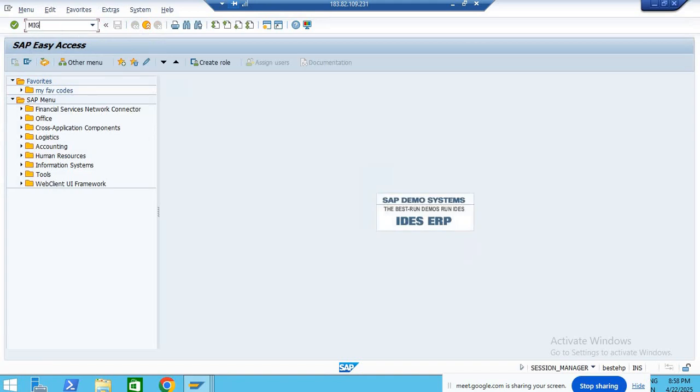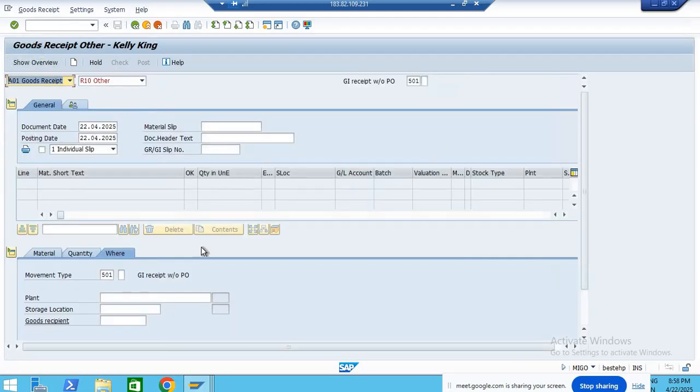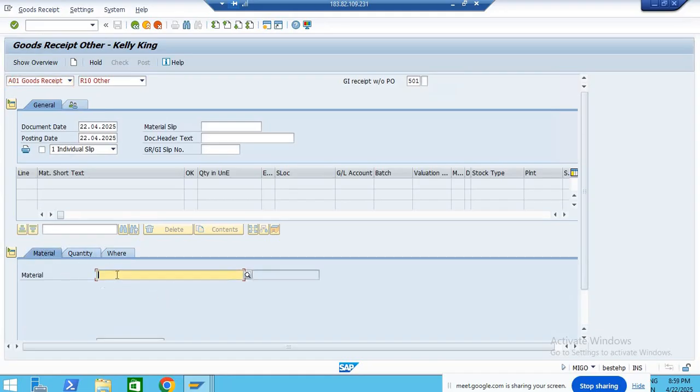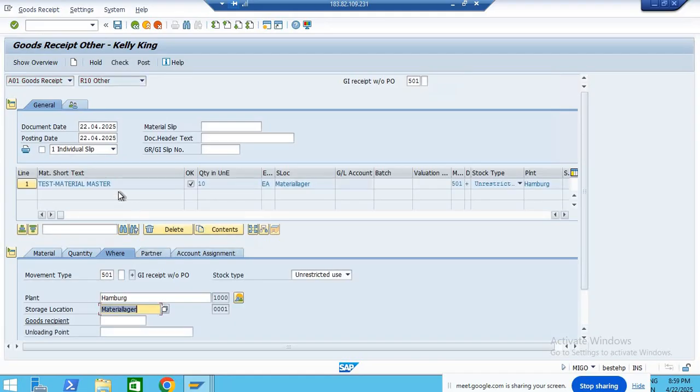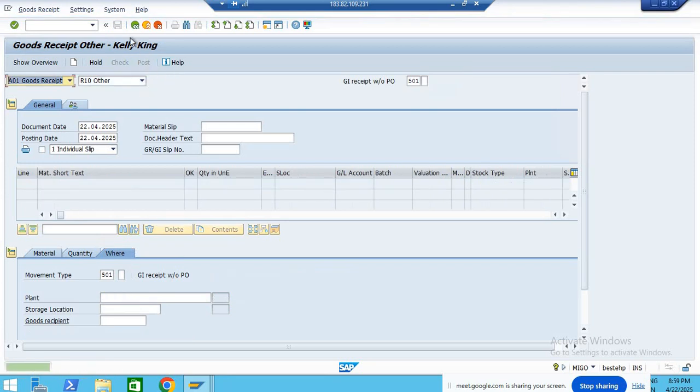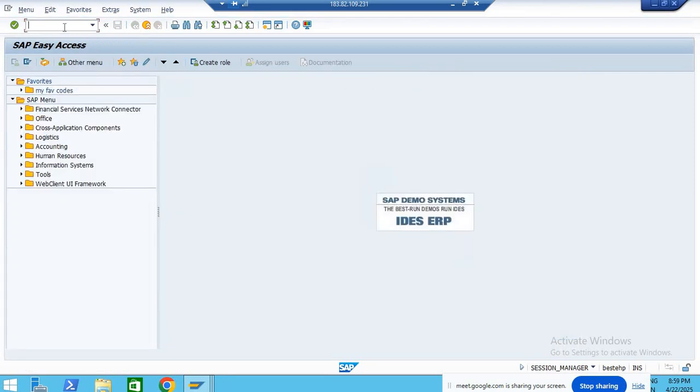So I will go for MIGO. I will come here and press enter. Oh sorry, material, quantity 10, where I am going to place. So I am going to place it in plant 1000, storage location 1, and I will press enter, and check and post. So if you come here, MMBE,